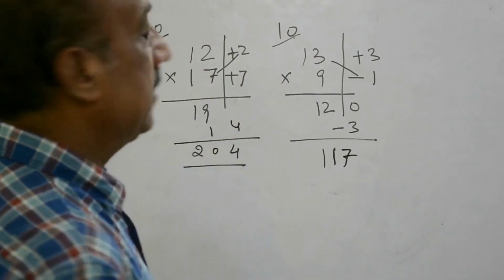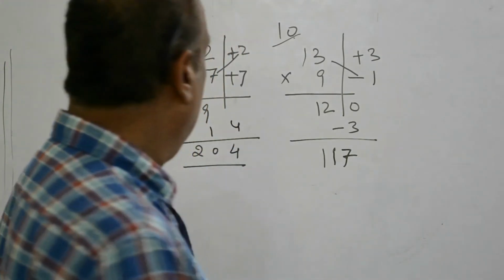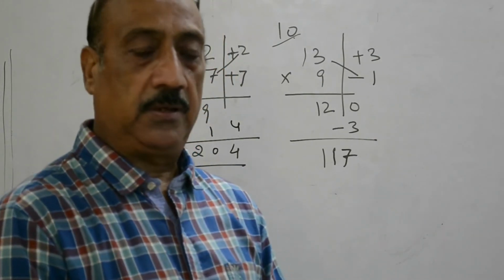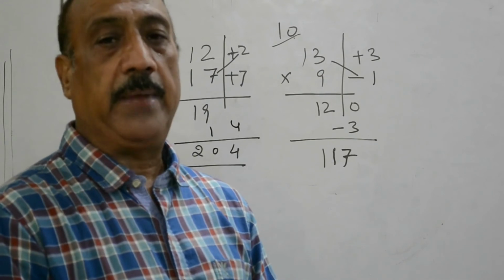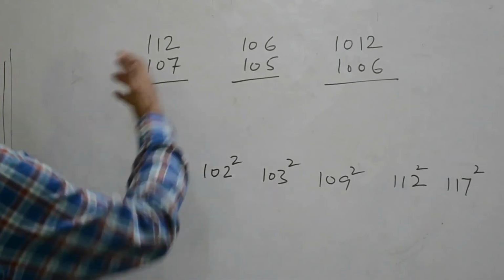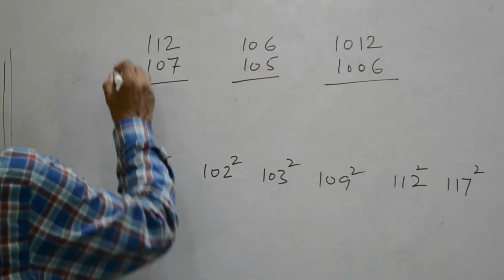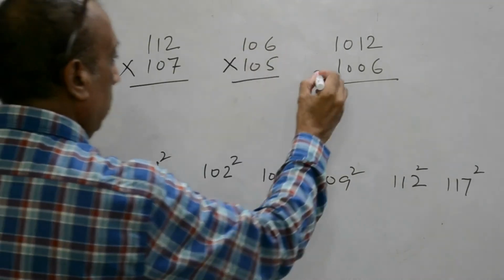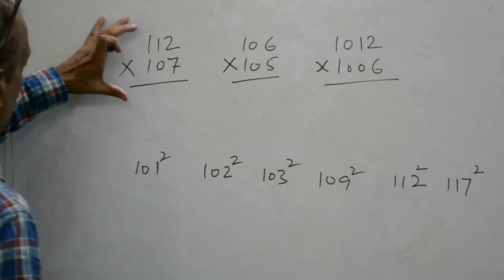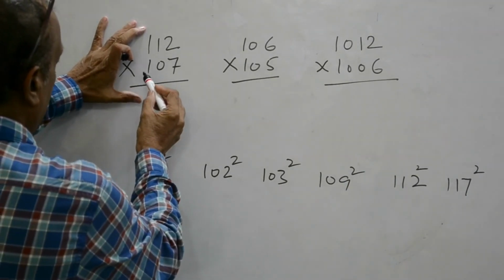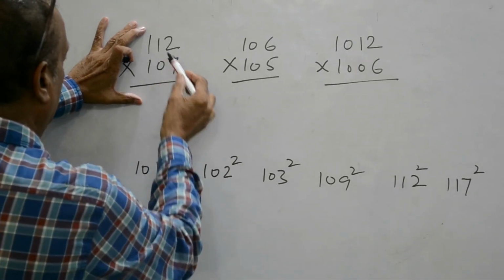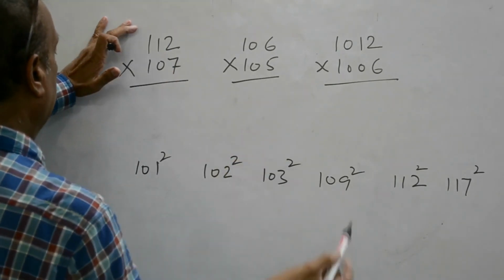Now this method of calculation of multiplication with the help of Vedic math is going to help us to make our mental math a very strong tool. How? Let us see. We can find out the value of all these multiplications without opening our pen. How is it? This is in 100, when 12 and 7 is added, 119. 119 and 12 multiplied by 7, 84. 11984.